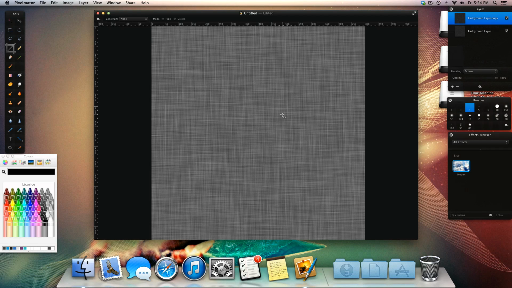Now, you can do some optional refinements. To do that, you can add a new layer